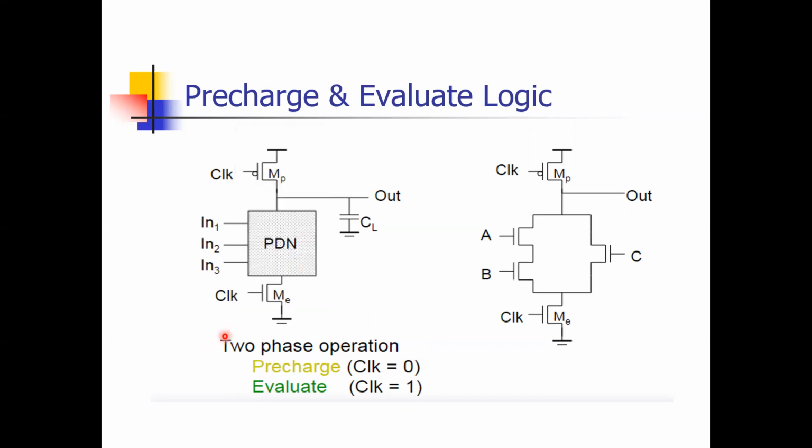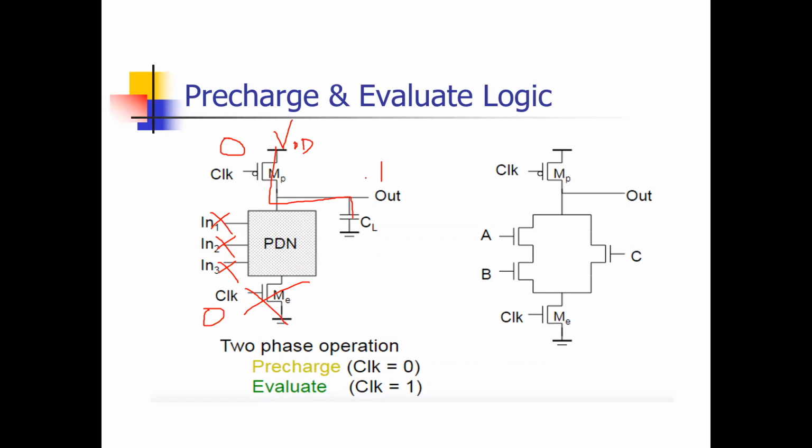Suppose clock is 0, then what will happen? If clock is 0, the NMOS transistor is in cutoff condition, means off, but the PMOS transistor will be on. If the PMOS transistor is on, this output node capacitor will charge up to the supply. This supply is VDD. So after charging, it becomes VDD. VDD means in logic, it is 1. Again, listen carefully. For pre-charge, we are giving clock equal to 0. If clock is 0, whatever the input, it doesn't matter, the output will be charged up to VDD. It will show 1 only.